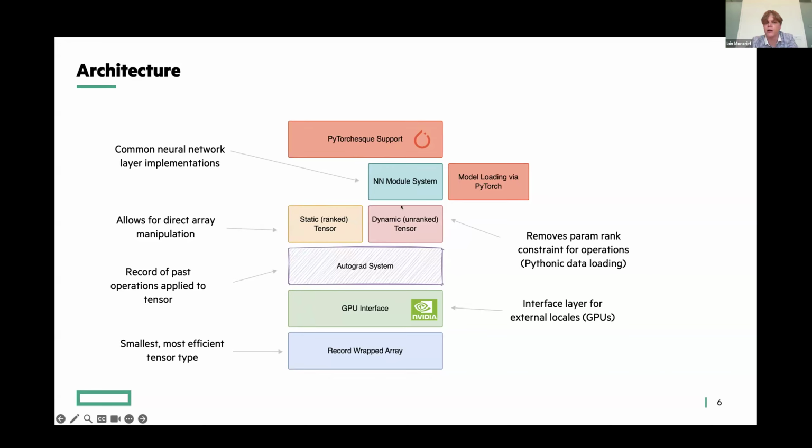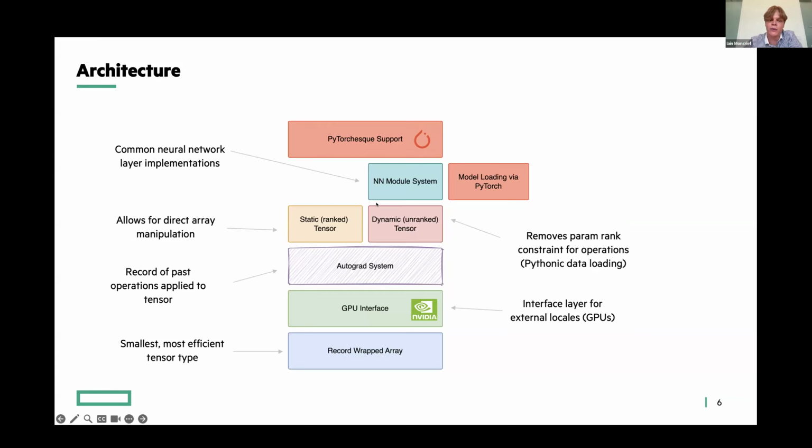The other entry point that you'd probably use the most is the unranked tensor. Once you have this kind of data structure, it's basically like a PyTorch array. For this, you can't index into it. You can't say square brackets, 0, 0, and get a real number value, because there is no rank information.